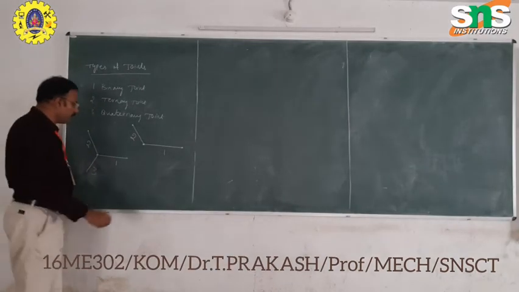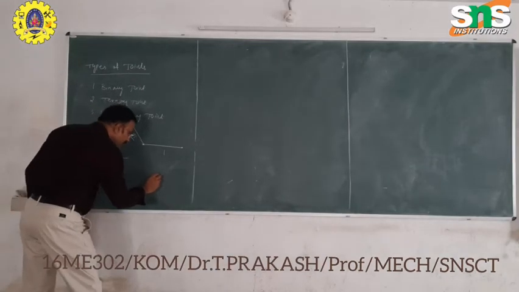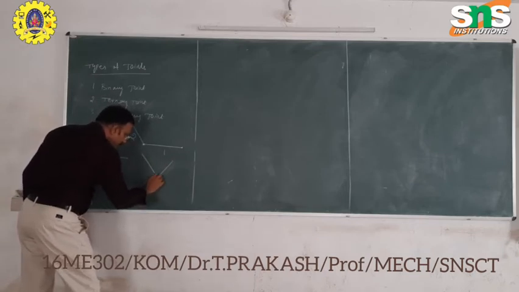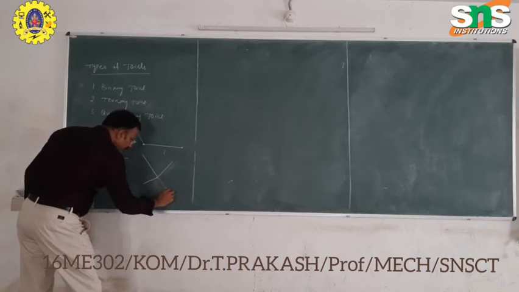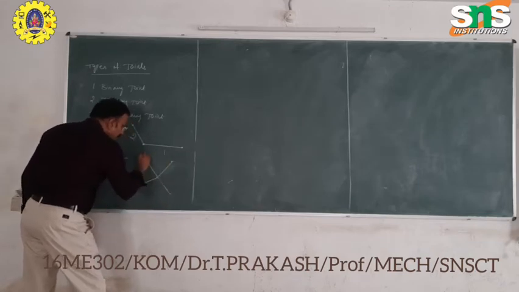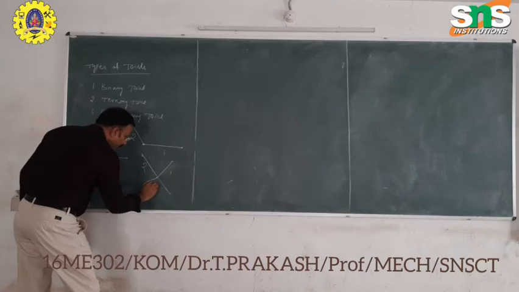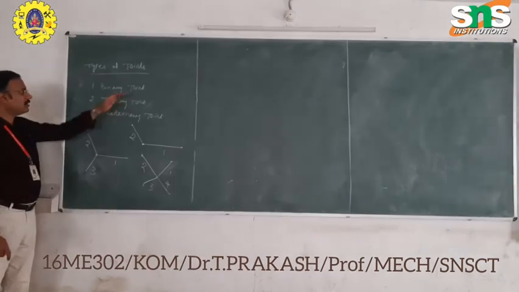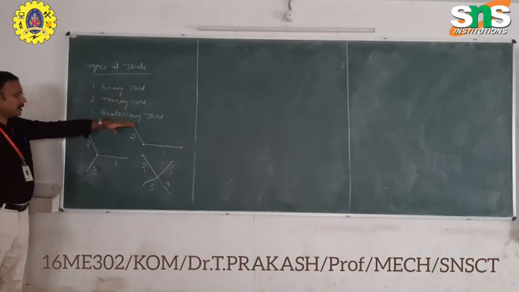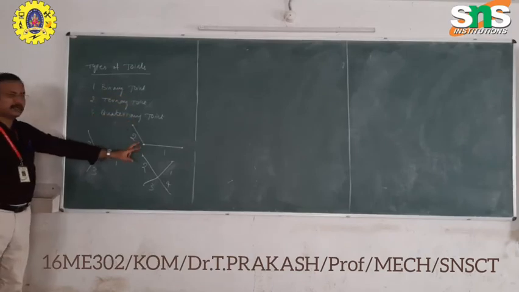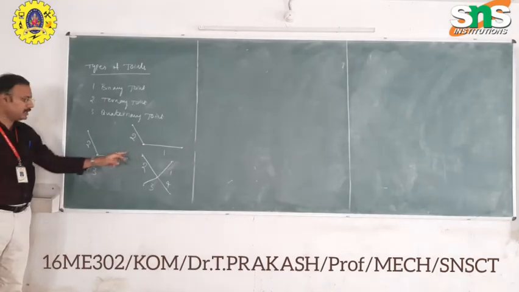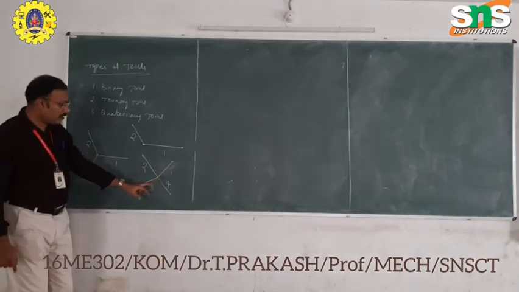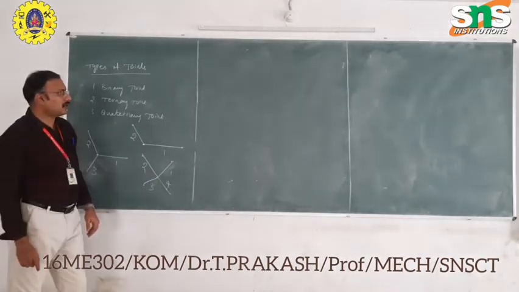In a quaternary joint, if you connect four links in a joint, it acts as a quaternary joint. The combination of linkages is very important. There are binary joint, ternary joint, and quaternary joint. When we connect two links in a joint, it is called a binary. When we connect three links to a joint, it is called a ternary. When we connect four links to a joint, it is called a quaternary joint.